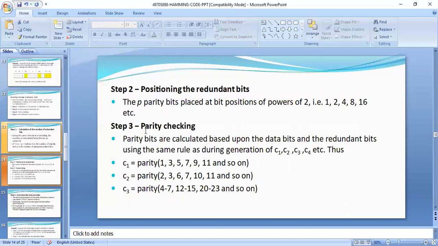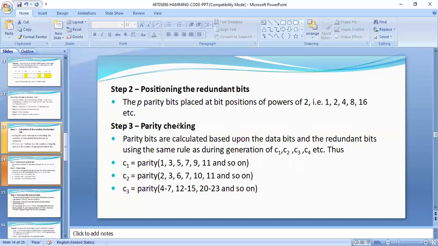The third step in the decoding process is parity checking. In the previous session, in the encoding process, we calculated the parity bit values. These parity bits are calculated based upon the data bits.